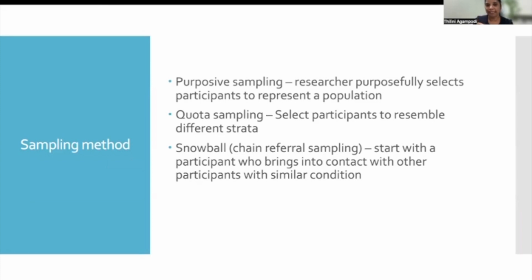You purposefully select so that you judge that by getting this type of participant, I will have another aspect, or I will widen the scope of my data collection or knowledge produced, right? So you purposefully select people. Quota sampling is like stratified sampling in quantitative studies. So you get a quota from each type of population, right? A specific number of people from Tamil ethnicity, a specific number of people from Sinhala ethnicity, right? Likewise. Snowball sampling is